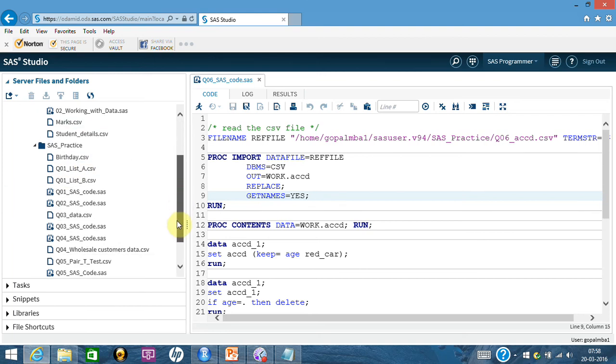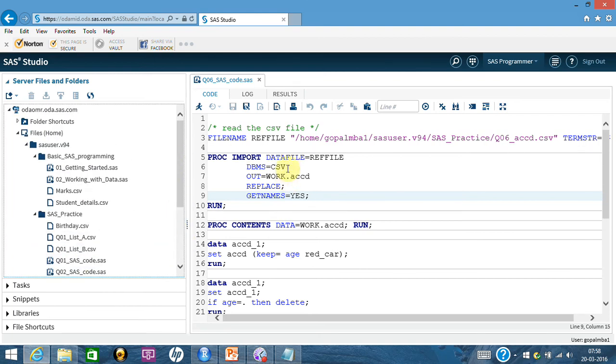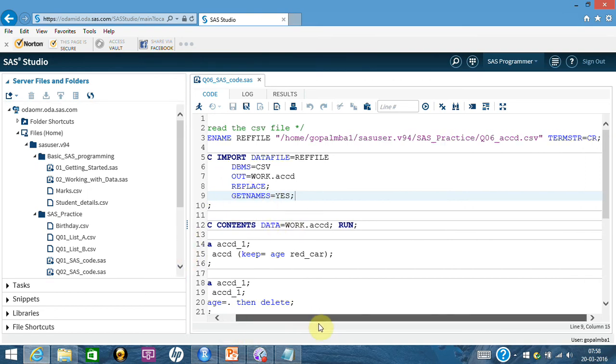I have already put this file here, so let me just read that file and work on it. For that, I'm going to do the same thing that I do every time. I'm creating a ref file, the whole folder structure, and this CSV term str.cr.